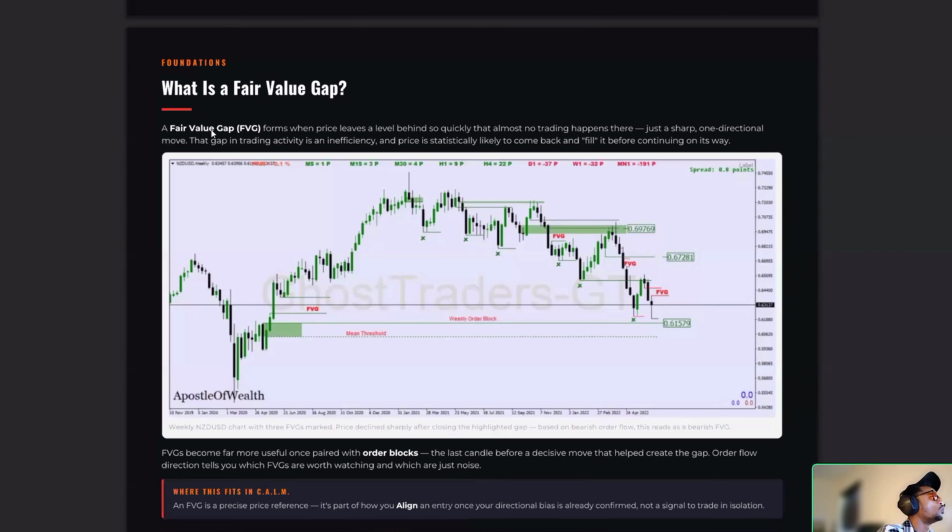Perfect. So what is a fair value gap? For those of you who don't know, a fair value gap, or an FVG, as we call it, you'll hear me say it a lot, forms when price leaves a level behind so quickly that almost no trading happens there. Just a sharp one direction move. The gap in trading activity is an inefficiency, and price is statistically likely to come back and fill it before continuing on